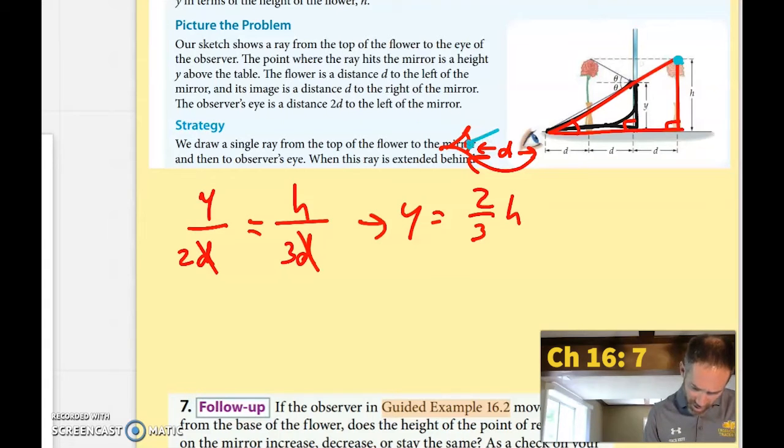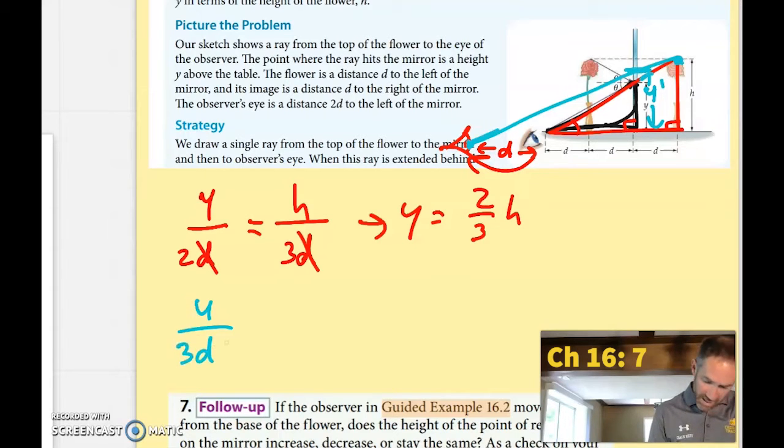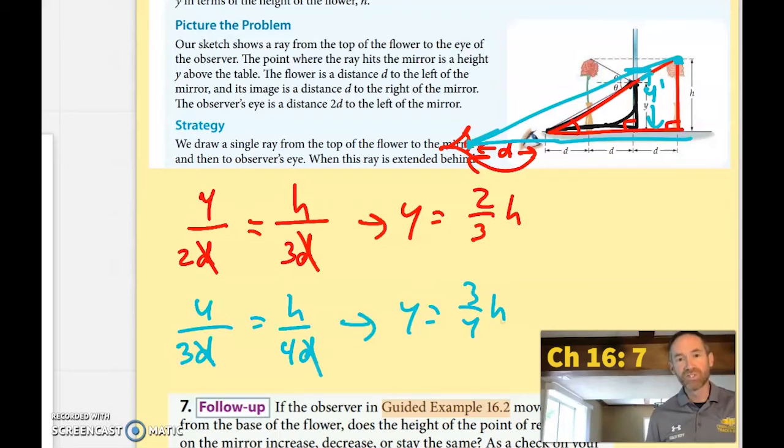So I'm going to draw from that eyeball up to that spot, and look what happens. I end up getting a place on the mirror higher. And so now this is my new y, this distance right there. All right, so now if that is 2d, how high is y? Well, I got the same kind of thing. I have y over, now I've got d, d, and d on the black triangle, so that's 3d's. On the big red triangle now, I have 4d's on the base, and so those d's are going to cancel, and I'm going to get y is equal to 3/4 of h, which of course is more than 2/3 of